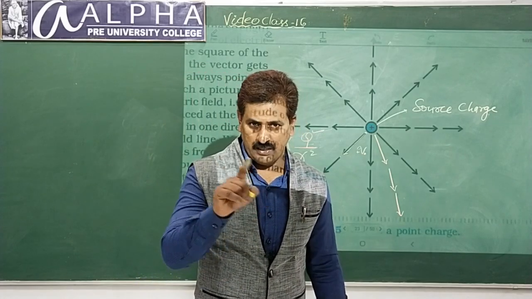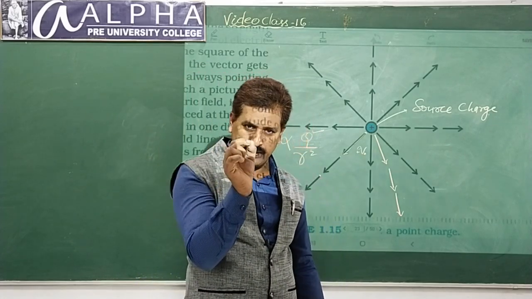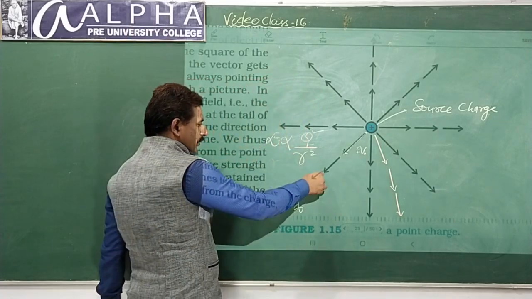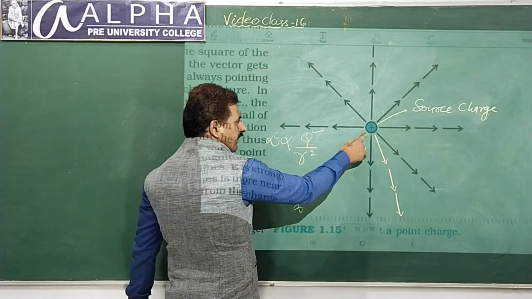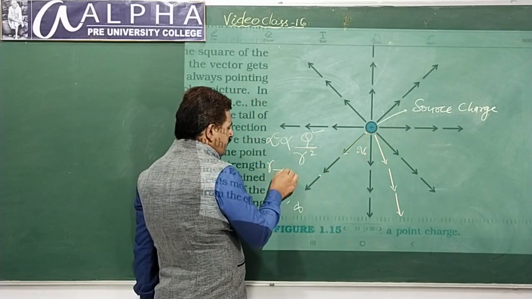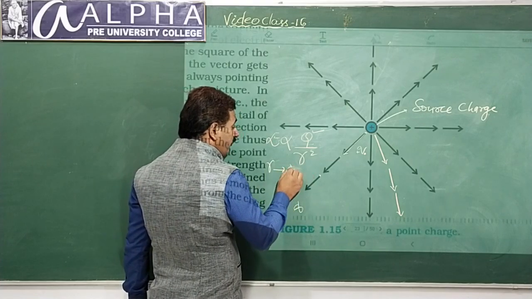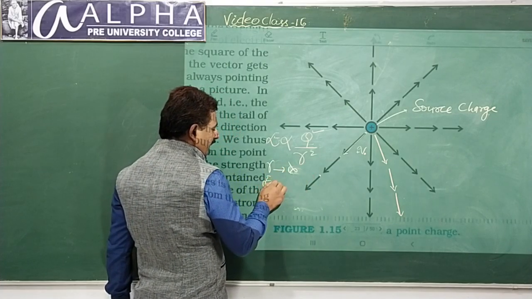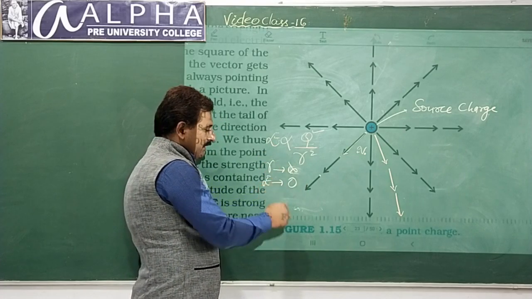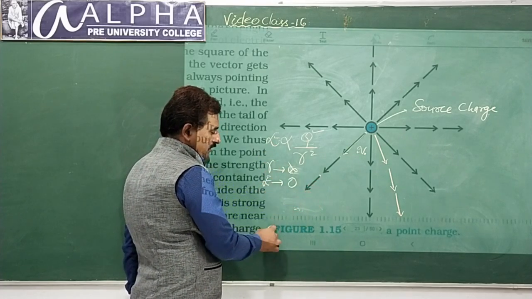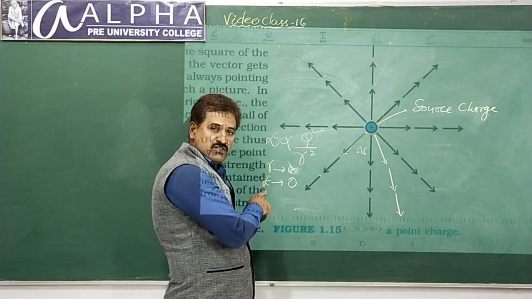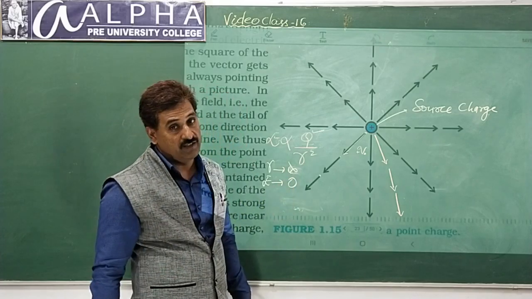A ray starts from one point and ends at infinity. Like that, it will end. That's why I told you, electric field lines start from positive charge and end at infinity. And as r tends to infinity, the electric field tends to 0. The meaning of this explanation, right? It gets shorter and shorter towards infinity, or at the point where you reach infinity, the electric field will be almost 0, not felt at all.